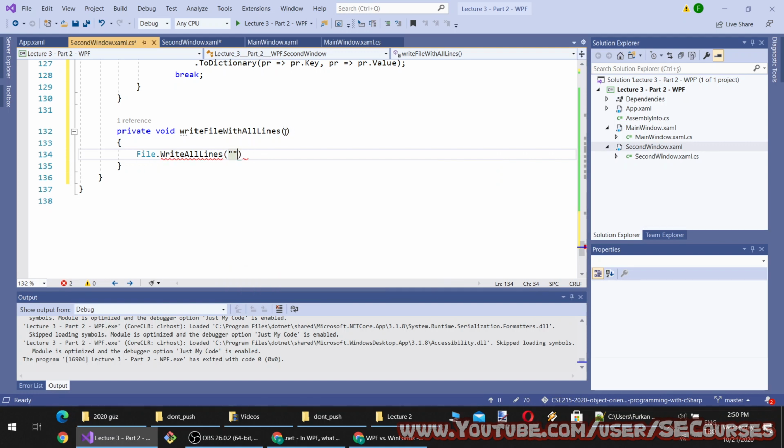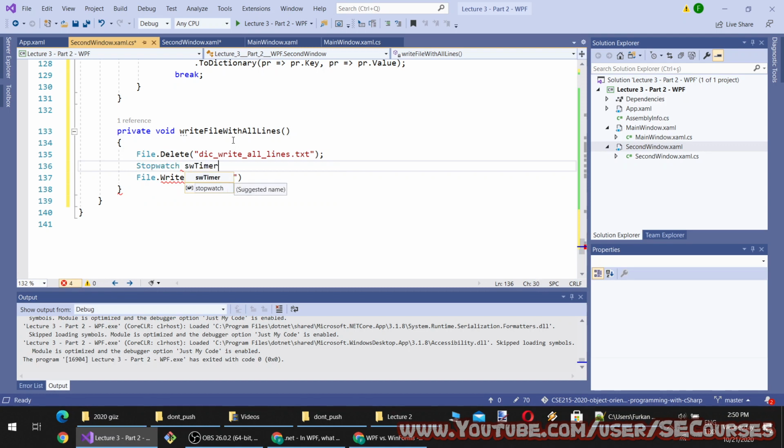and this takes a path and an array of content, you see, or a list of content or encoding as well. So the path will be, so I will first delete the file and then I will compose a stopwatch to calculate the time. Then I will start it so we can make some calculation as well.